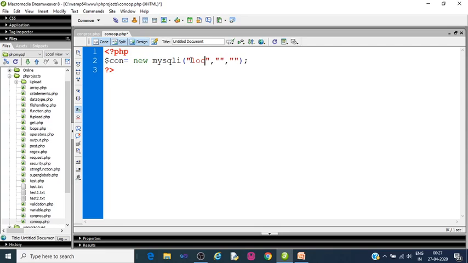This is localhost, the location of the database server. This is the username of the database server, and this is the password. Now we have to use if not $con. If it does not produce any connection error, connect underscore error, if it does not produce any error, then echo server connection successful.